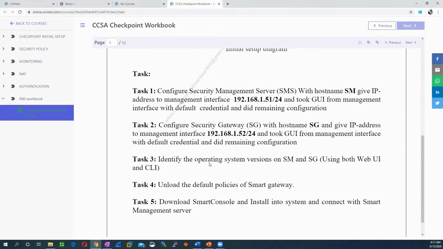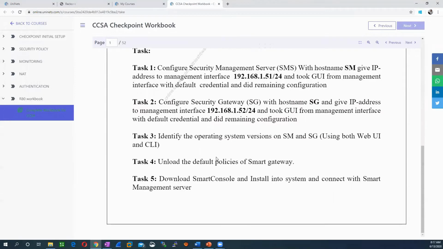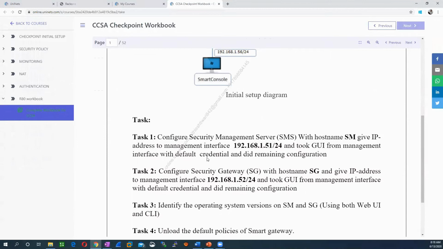What is the first task we have? Configure the security management server with hostname SM, give the IP address, and open the GUI for management interface with the default credentials and its remaining configuration. So let's perform the first task and configure the security management server.